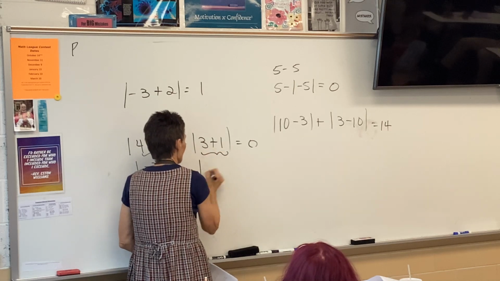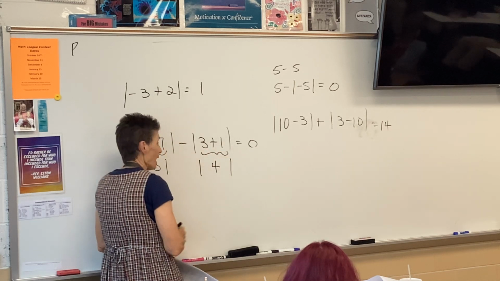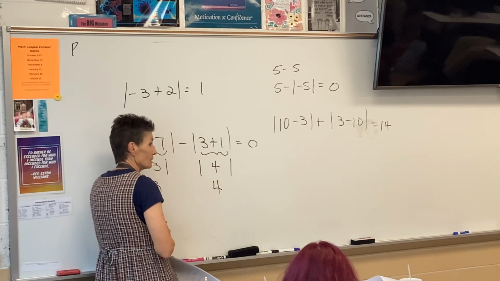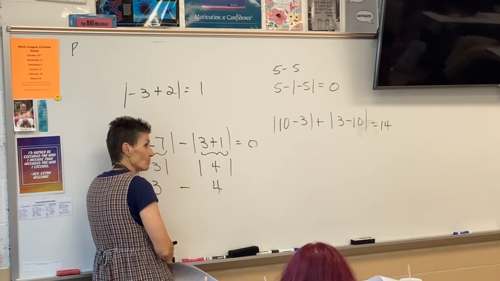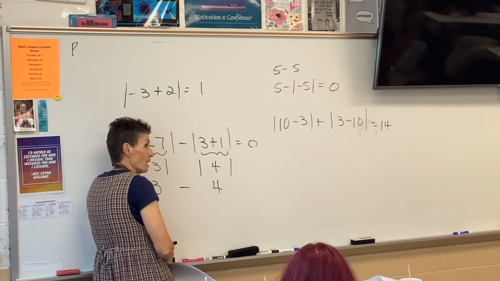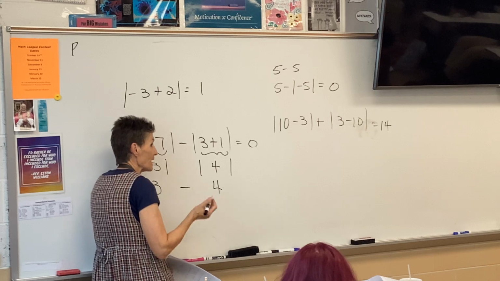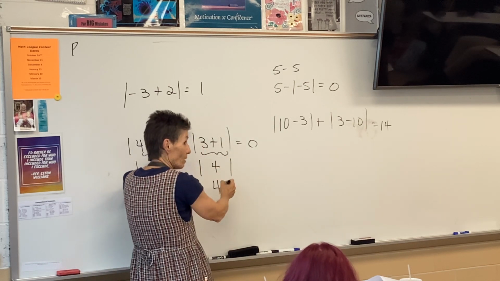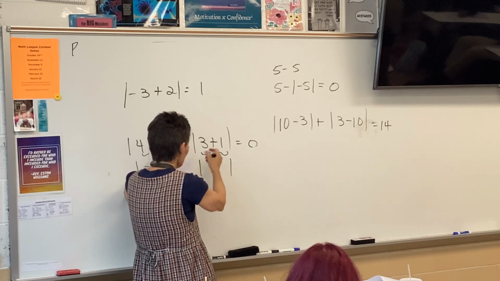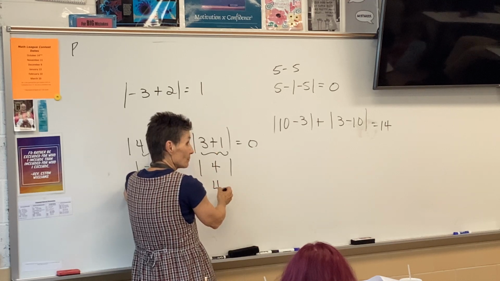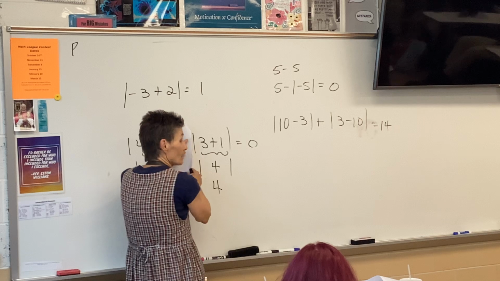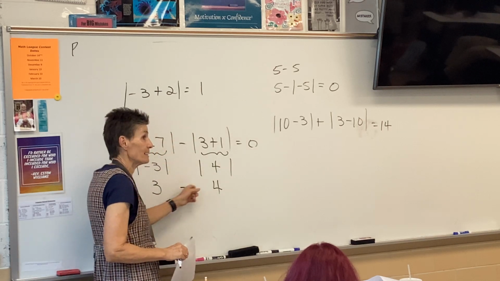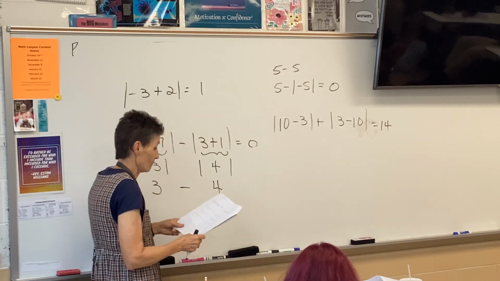This right here is 4. The absolute value is 4. You're going to subtract this. I don't know, you're getting an extra negative. But you agree this right here is 4. That is 4. So I'm taking 3 minus 7. So it's